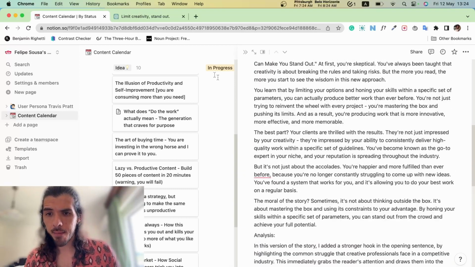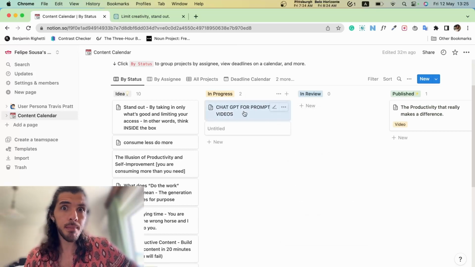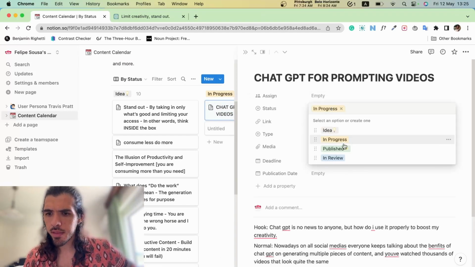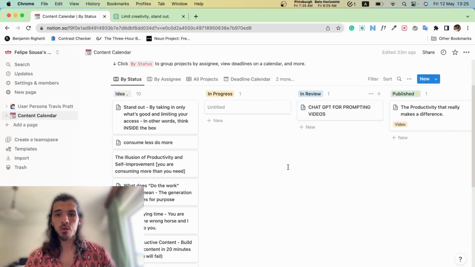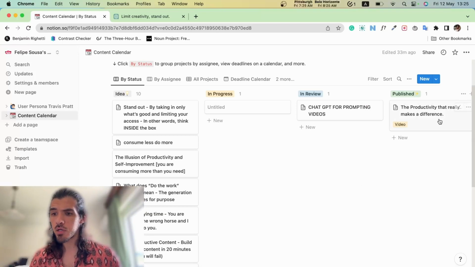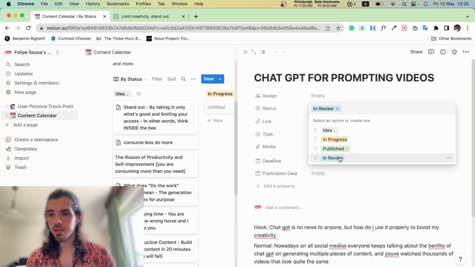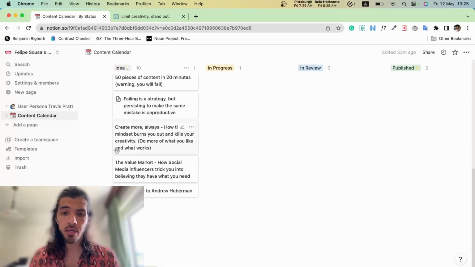So I am in progress here, and then boom, this is in progress. And let's say I want to change it. Let's say I already made the video. So I go here in progress, and then in review. So if you work with somebody, you can invite somebody to this calendar with you, and the person's gonna be reviewing. They can comment on it, and once you're published, you can put it over here onto published. You go open again, status, publish, boom, moved it to the right, so it doesn't cluster your brain when you need to think